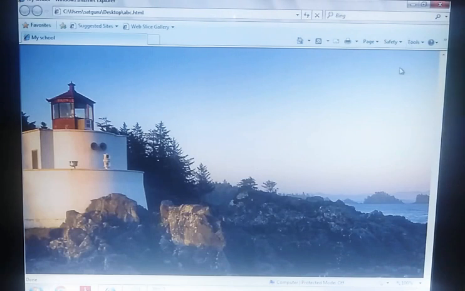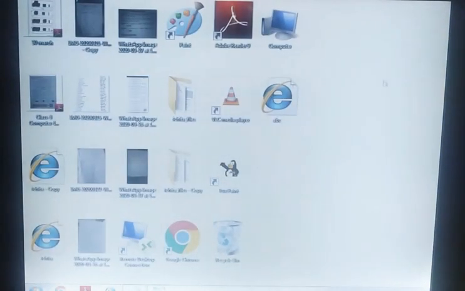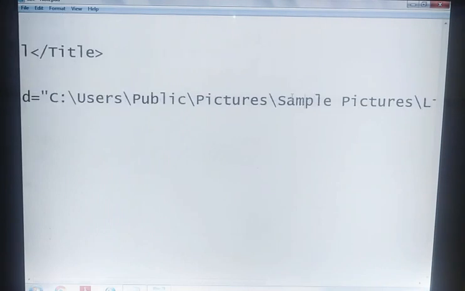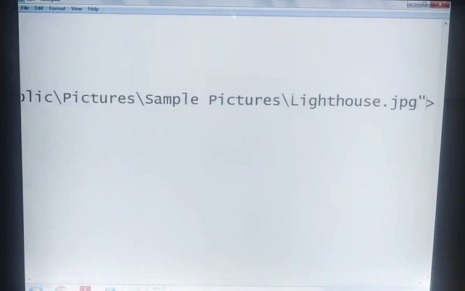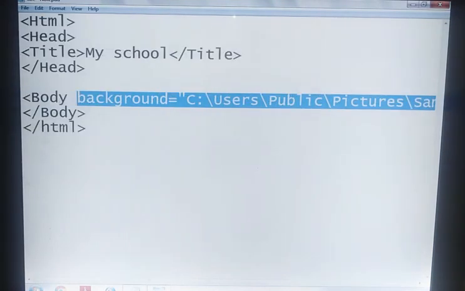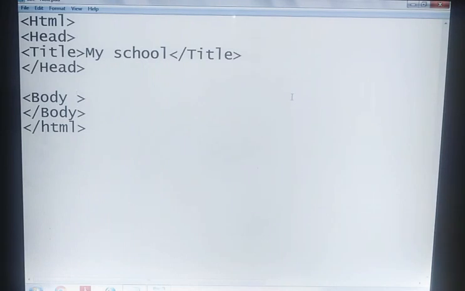So the next attribute of our body tag is placing the left margin and the top margin. Where do we place it? I'm going to erase these things. Writing here left margin equals to, you give the left margin in numerical order.